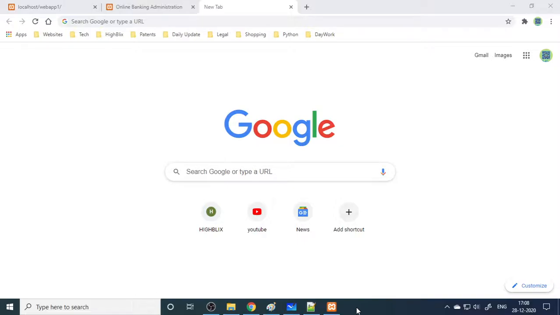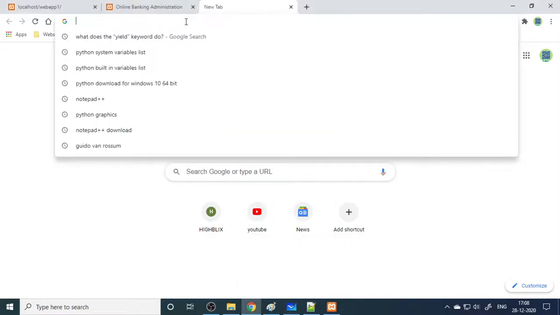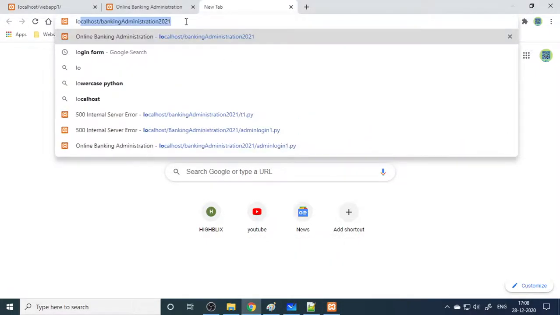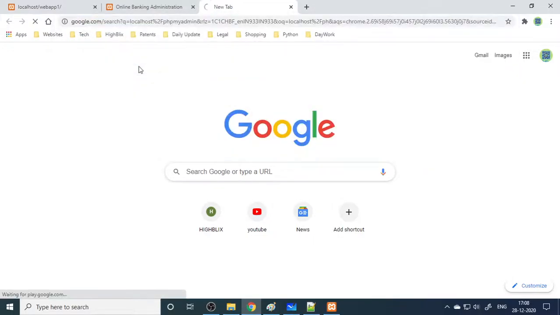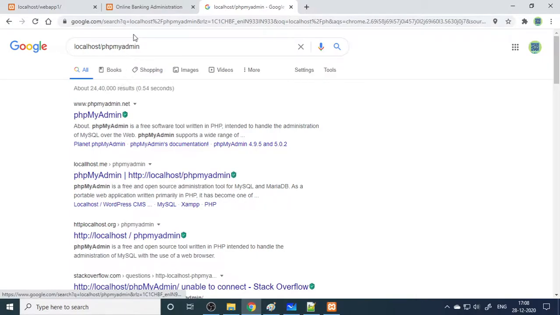Now I'll show you a small application. It's a banking application. To use this, first we'll go to phpMyAdmin. This is localhost/phpMyAdmin. phpMyAdmin is to access the SQL server.